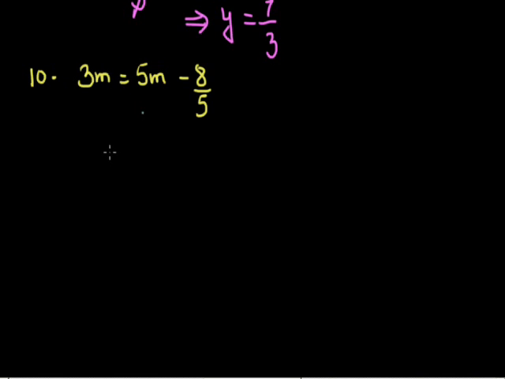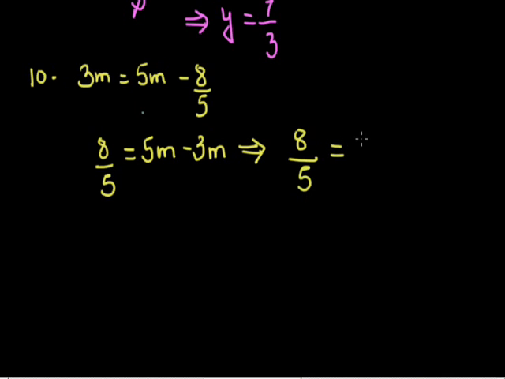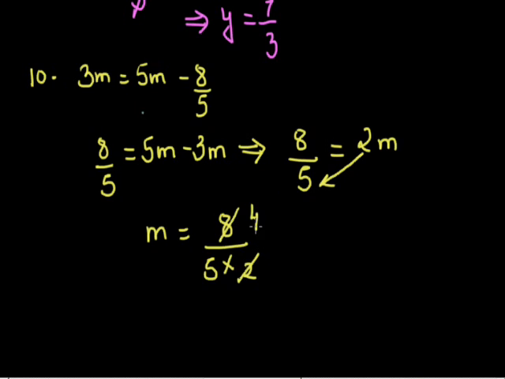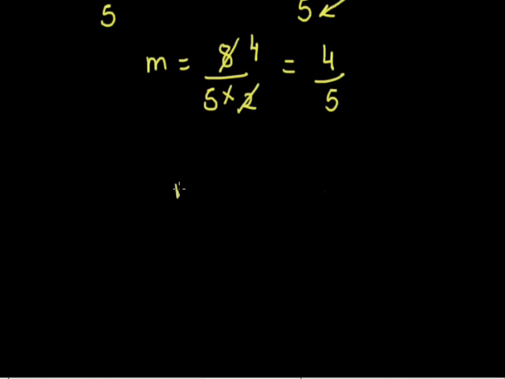to the left hand side. If I take minus 8 by 5 to the left hand side, it will become plus 8 upon 5, that is equal to 5m minus 3m. So 8 upon 5 is equal to 5m minus 3m, that is equal to 2m. Now I can cross multiply 2 to the denominator. So I will get the value of m as 8 upon 5 into 2. I can cancel 2 and 8. 2 4s are 8. So the value of m is equal to 4 upon 5. M is equal to 4 upon 5.